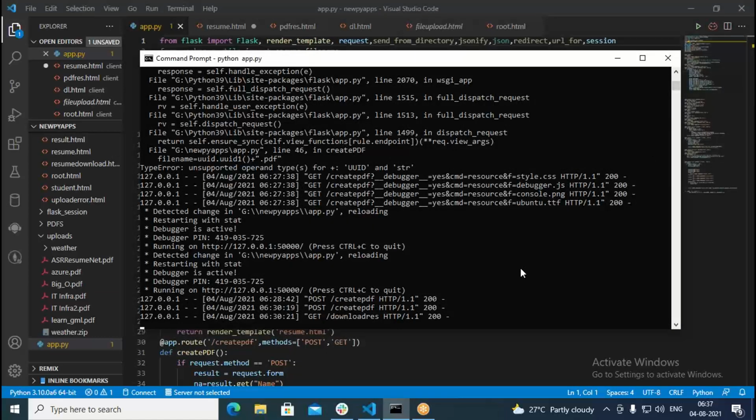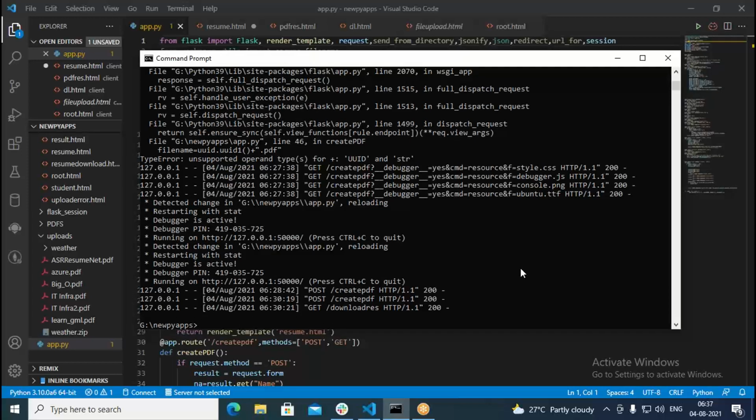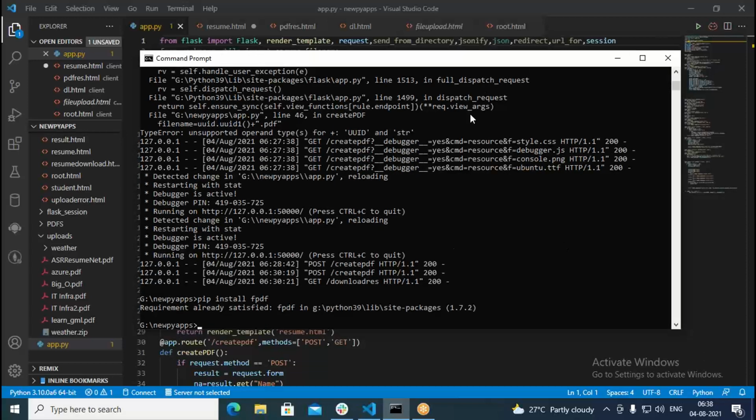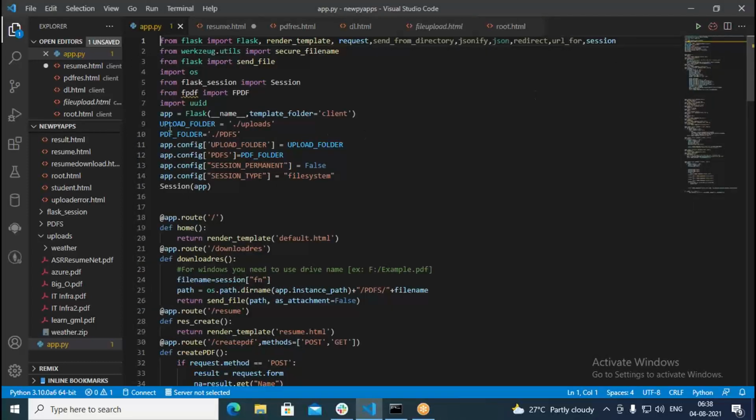So you can use the pip command. Control C, I do here. Then I try to install that. Pip install FPDF. So this is the package. With the help of this, I can generate PDF files from server-side code. So FPDF is nothing but a package. It's saying that requirement already satisfied. That means the PDF library is already available within my system, with the Python libraries. So it says requirement already satisfied, and therefore now I can use it.